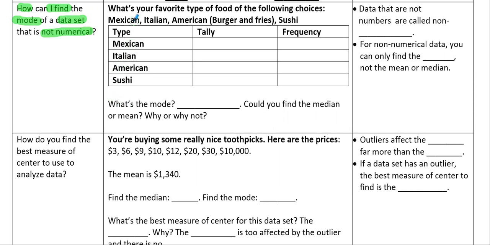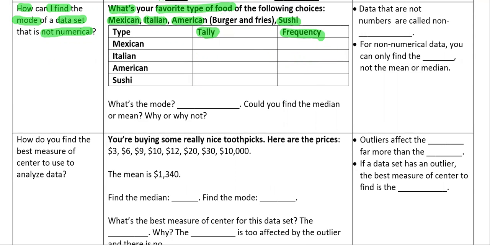So, for instance, what's your favorite type of food of the following choices? Mexican food, Italian food, American food, which includes things like burgers and fries, and sushi. I put this question out on the Google Classroom, and I had a lot of responses. So we're going to make a tally chart here, where the tally means I'm just going to put a mark for each kind of food that gets a participant that says that one's their favorite. And then we'll total those up into numbers, which we call a frequency, which is how many times that particular